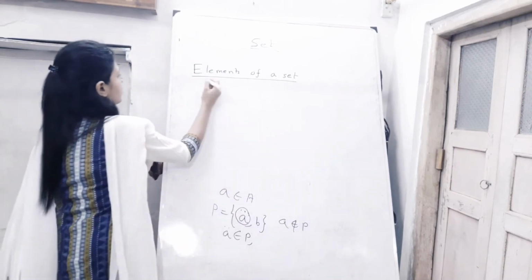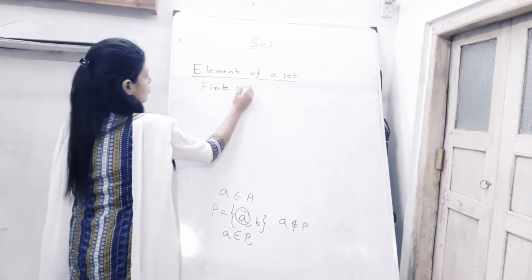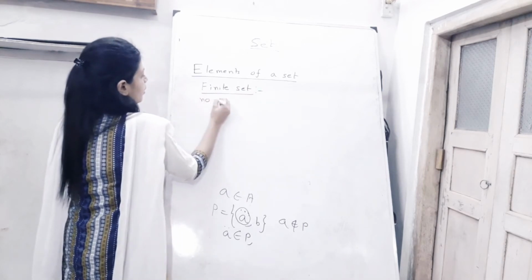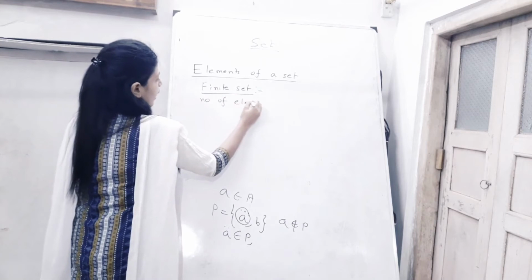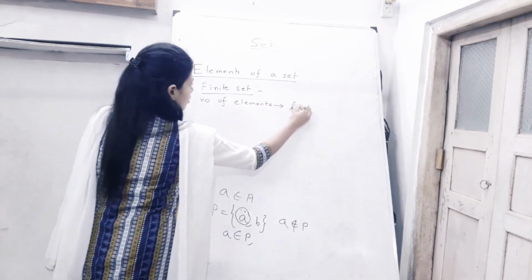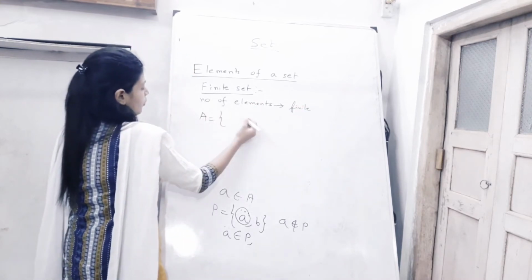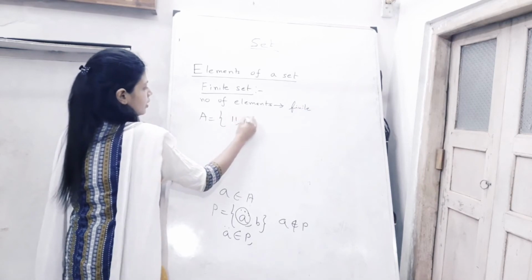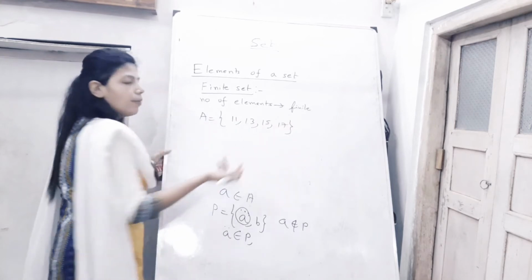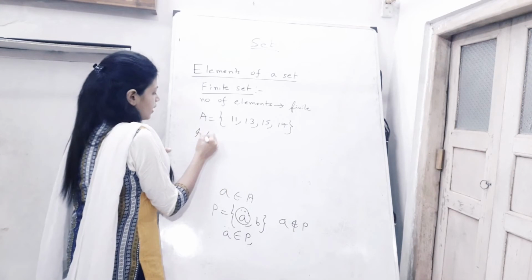Next I will say finite set. Now it's very easy. Finite means the number of elements will be finite. If I take 11, 13, 15, 17, finite numbers are there, so it is a finite set. Infinite set,